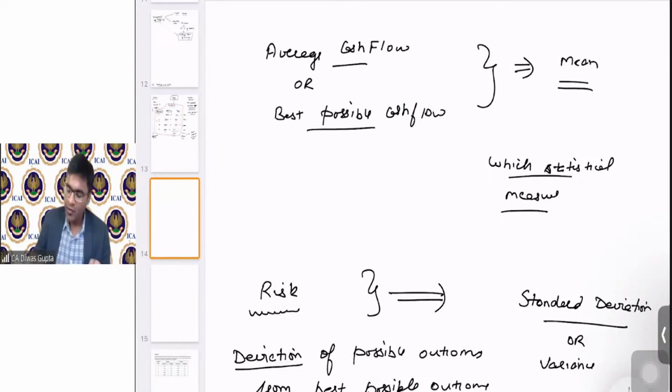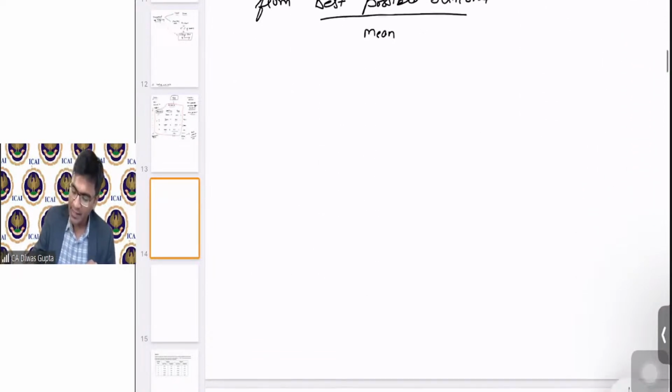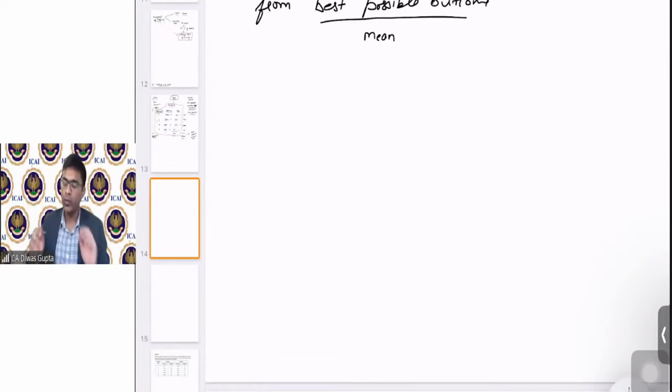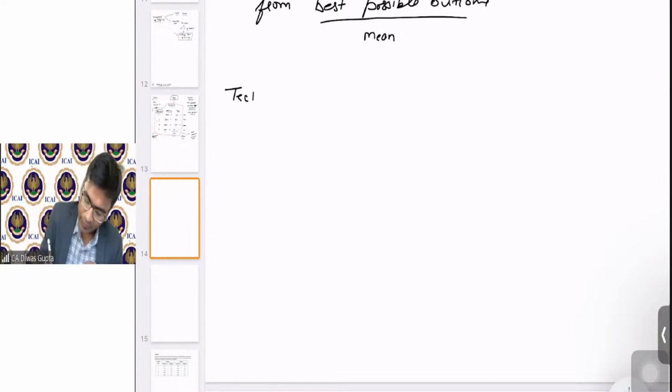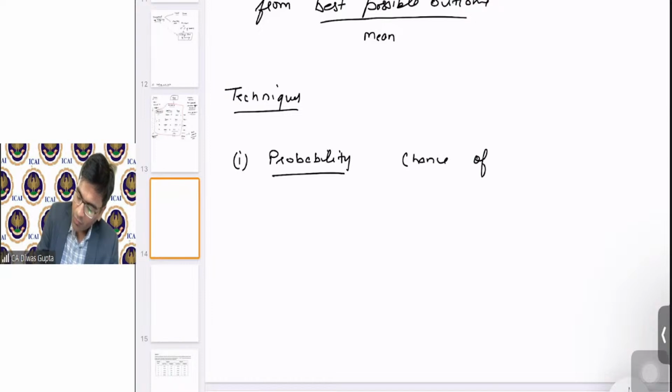Nothing to worry. For risk, we say there is a deviation. Now that deviation is from mean. And from mean, what is the deviation we are talking about? The possible outcome. So that is denoted by standard deviation or variance. Now students, let us incorporate all these concepts into the techniques. Okay. So the first technique is actually discussed as probability. What is probability? Probability is a chance of an event